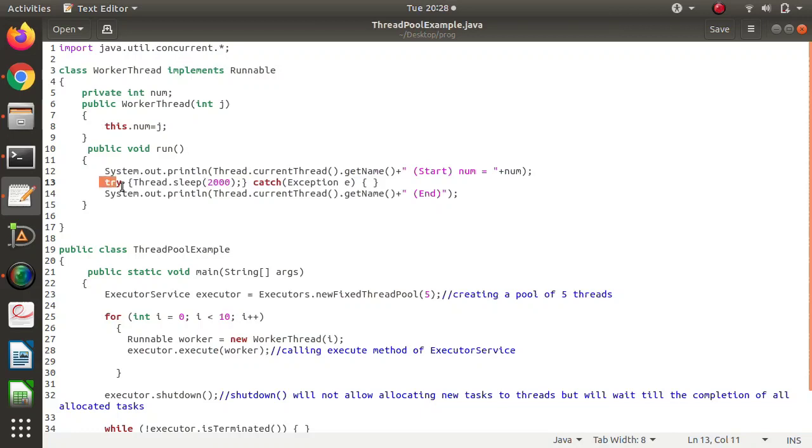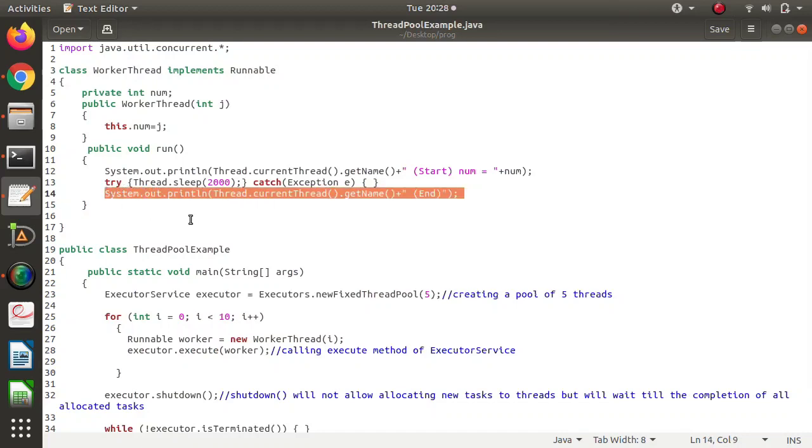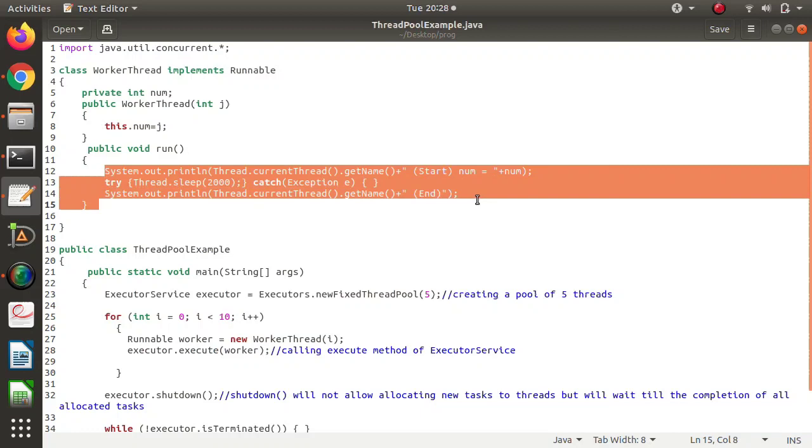Then we mention that the thread is getting ended, that our thread has finished its work. This is just to know when a thread has started and when it finishes. I will provide this link in the description box, so from there you can take this code.